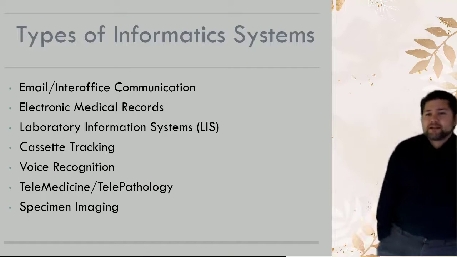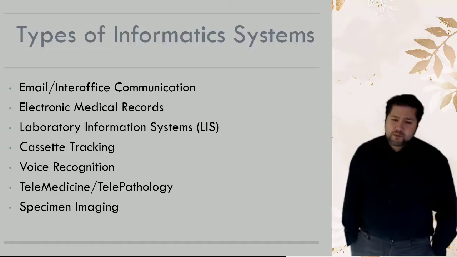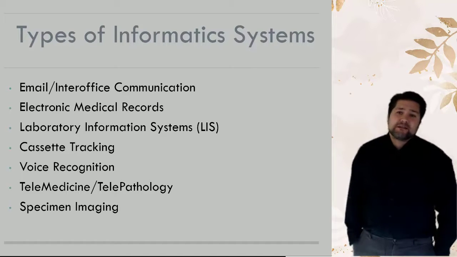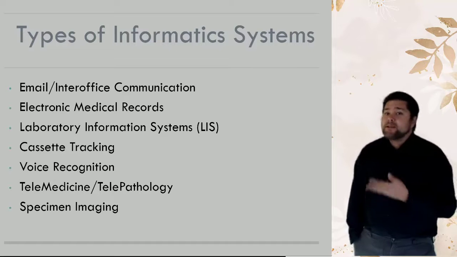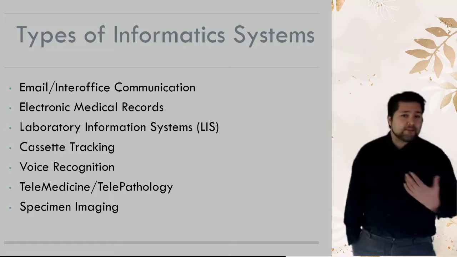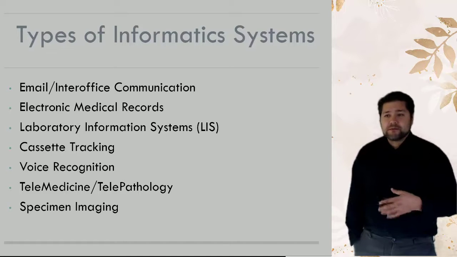So what kind of informatics systems do we have? Well, informatics systems aren't overly complex. At the end of the day, they're just systems designed to collect and transfer information. So things like email and inter-office communications are technically an informatics system. Electronic medical records, laboratory information systems, some cassette tracking and voice recognition software that you might have used in your labs or will see,